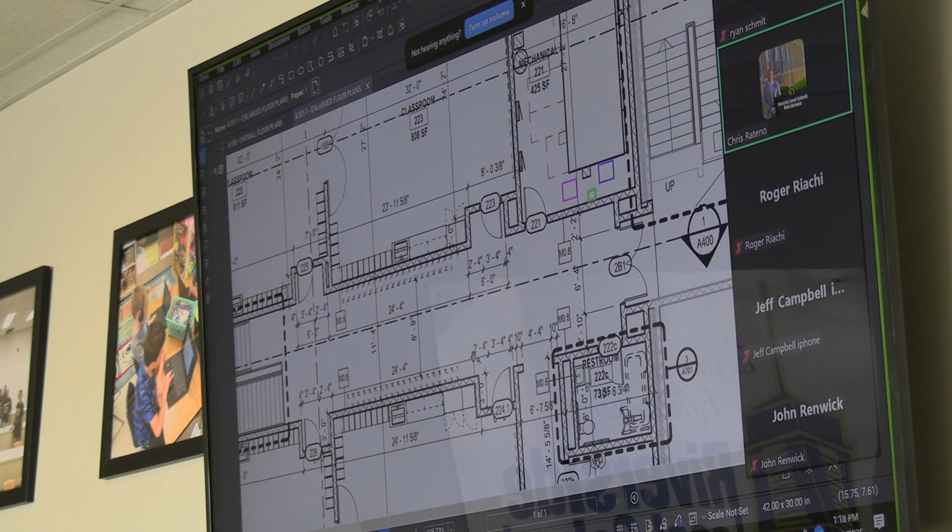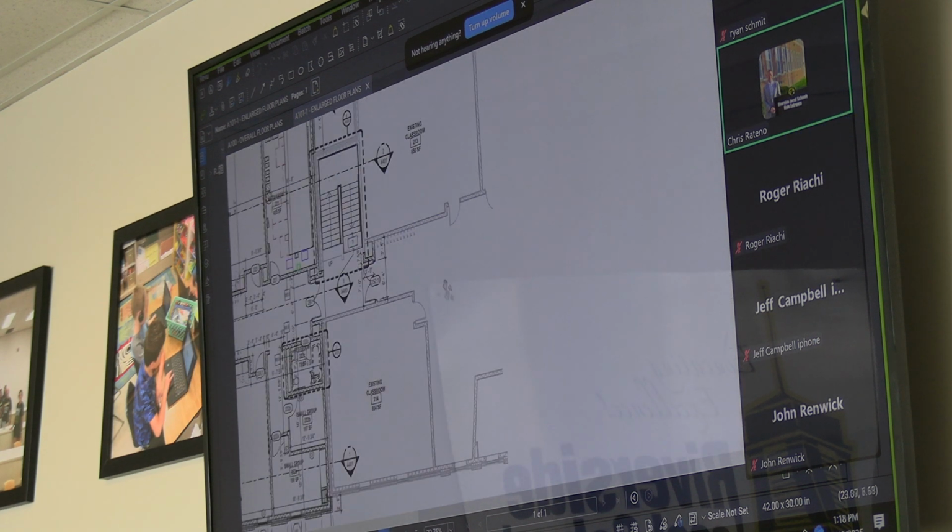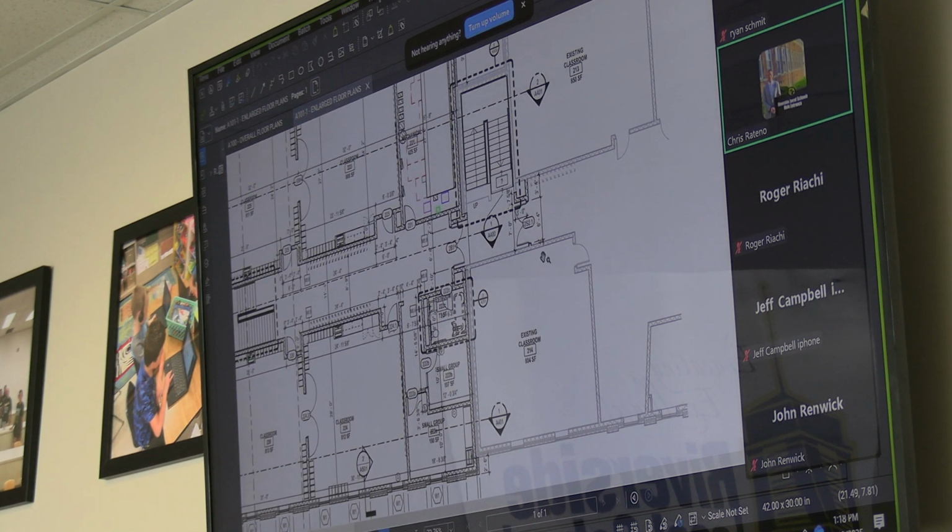Have we looked at any possible way to relocate any of them in the current space that we have? We did not look at that. You might be able to pick up some wall space there. I don't think there's a ton of open wall space, but there might be. Honestly, without seeing how it's laid out, I would like to maybe examine that option before we move them all the way down the hallway, away from